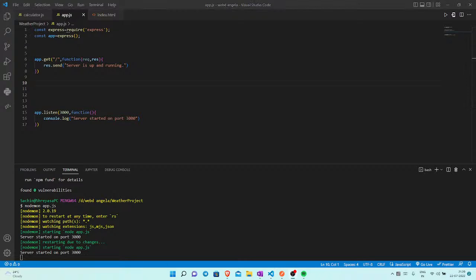Instead of sending server is up and running, I'd really prefer to send the current weather data. In order to do that, I have to somehow make a GET request to the Open Weather Maps server and be able to fetch the data back as a JSON and parse it so I get the relevant piece of information. How do we do that? If we didn't know how to